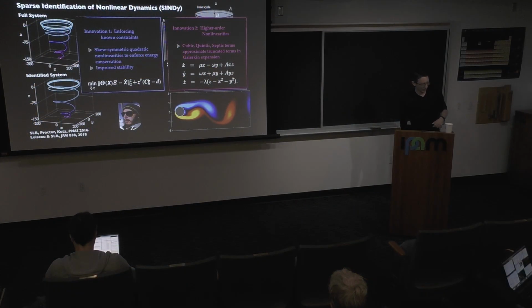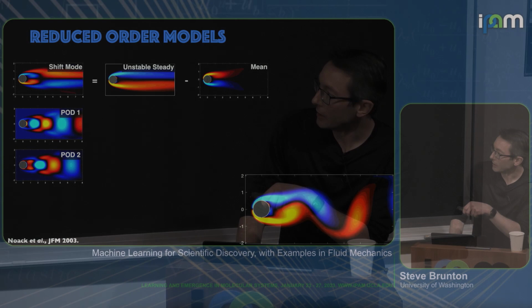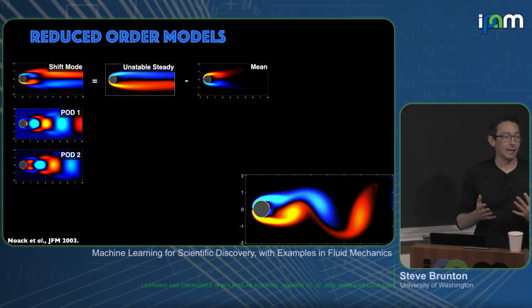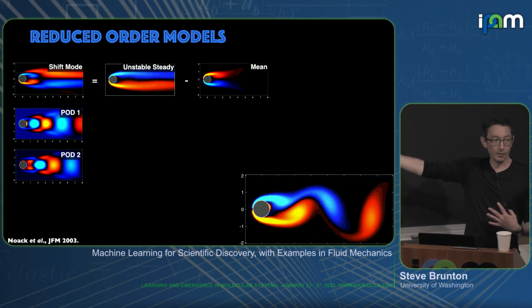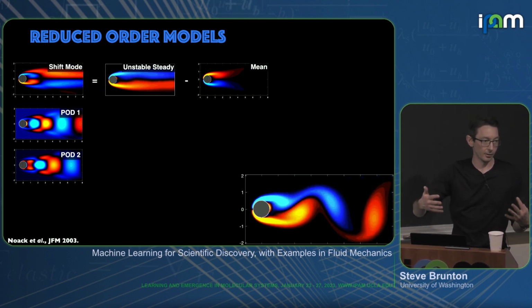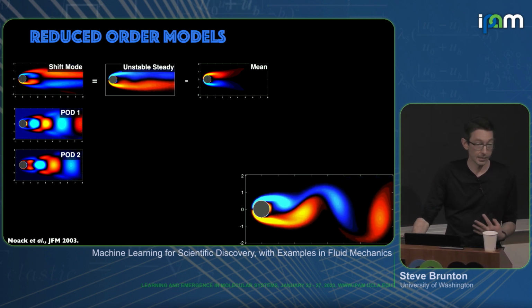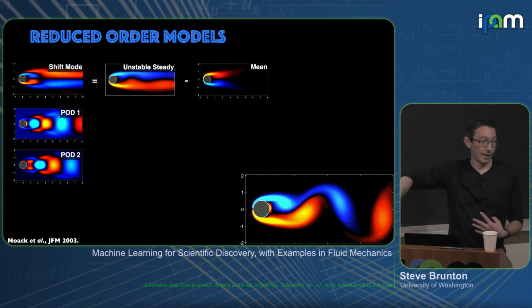Yeah? I couldn't get it from context. Could you just give a simple definition of what you mean by closure? Closure, yeah. So essentially, in that step where I computed the singular value decomposition, let's say back here, these first two POD modes count for about 96% of the energy or variance of this flow, but there are higher order POD modes that are higher frequency and faster and have their own dynamics. And I've just chopped those off and neglected those.